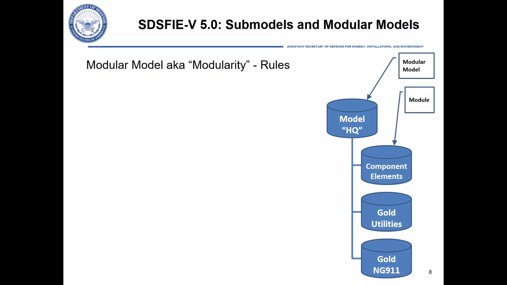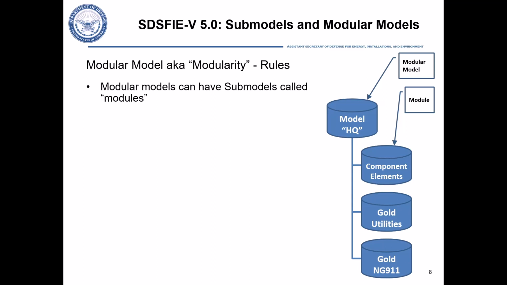Starting at the top, 5.0 introduces the capacity for model modularity. The 5.0 SFIG provides the following rules for modularity. Modular models can have submodels called modules. The example at the right is a model named HQ that contains 3 submodels: component elements, gold utilities, and gold